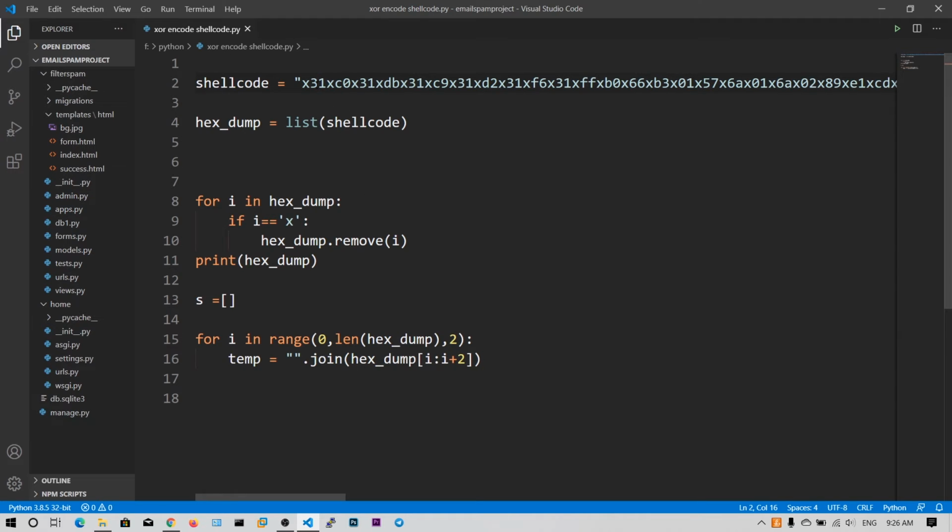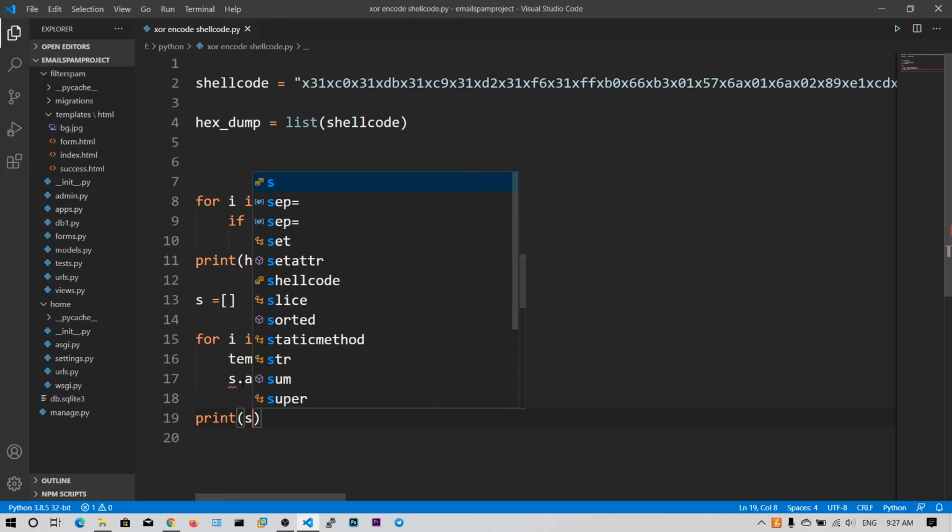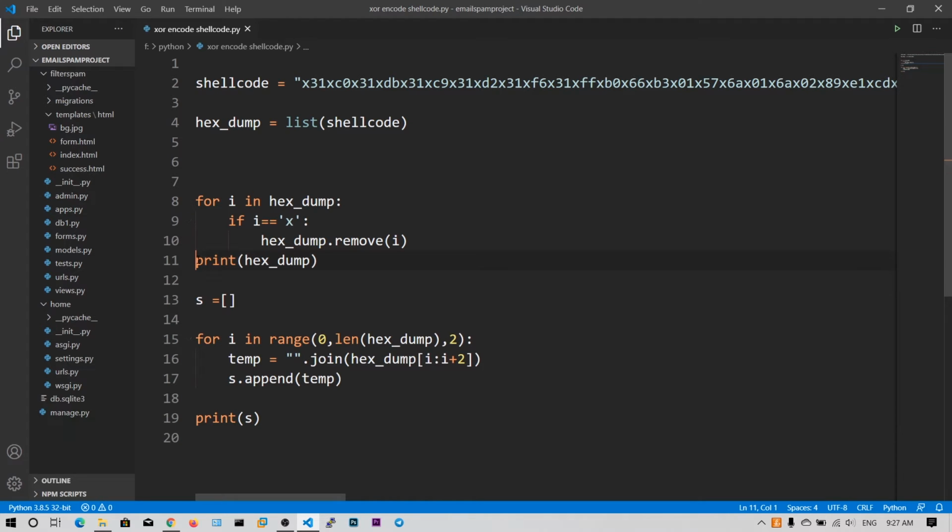So hex dump of 0 means 3, hex dump of 1 means 1, and we are going to join this into the temp variable. Now I simply say s dot append of temp. Now if I print this s, we should see. Okay, let me comment out this one.